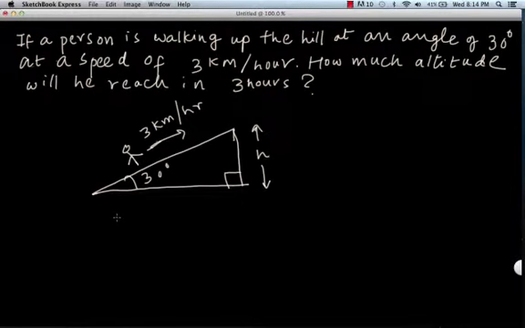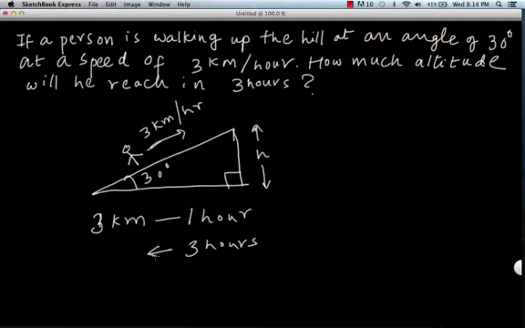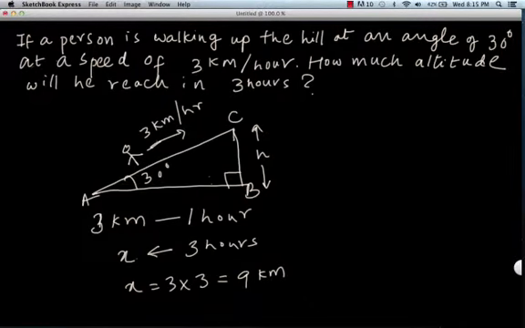So let's first calculate the distance he walked in 3 hours. So the person walks 3 kilometers in 1 hour. So in 3 hours he walks how much? So x is nothing but 3 times 3, which is 9 kilometers. So we know now that this distance, let's name this triangle A, B, C. We now know that AC is 9 kilometers, and we are asked to calculate BC, which is h, and the